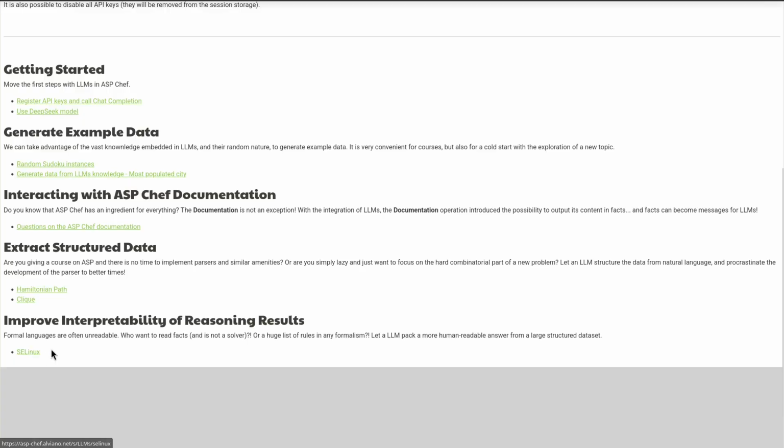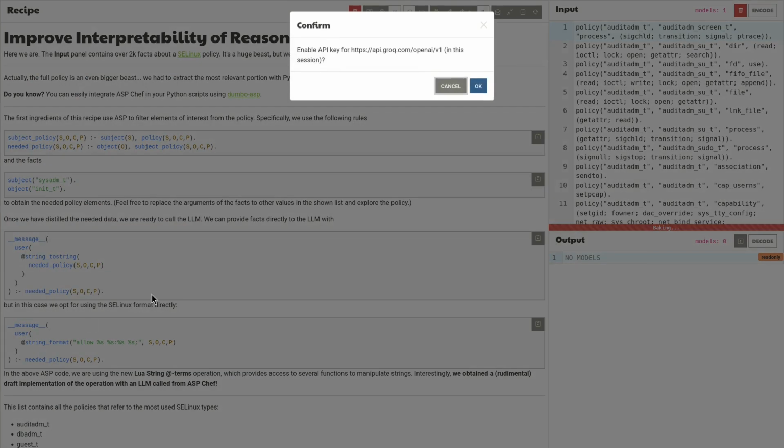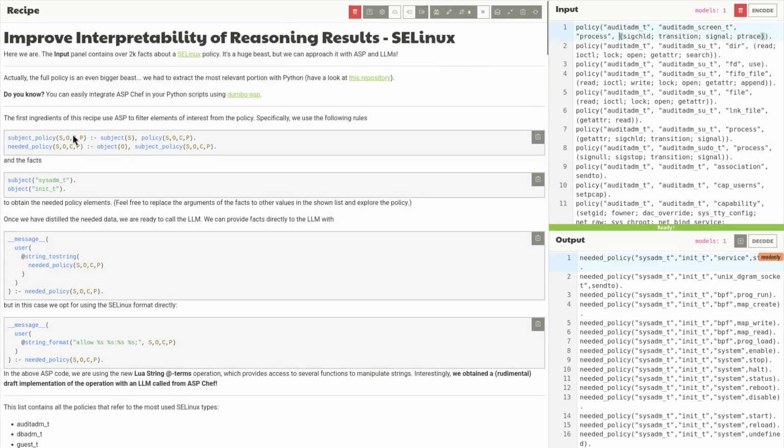Yet another example is to use the large language model to improve the interpretability of the result we obtain with the ASP reasoning. And here we have an example about Security-Enhanced Linux, which is a huge beast, to be honest. We are combining the elements to filter only the subject we are really interested in, providing this predicate. And once we have this subject, policy, objects, and an instance of an object we are actually interested in, one or more, we obtain this needed policy